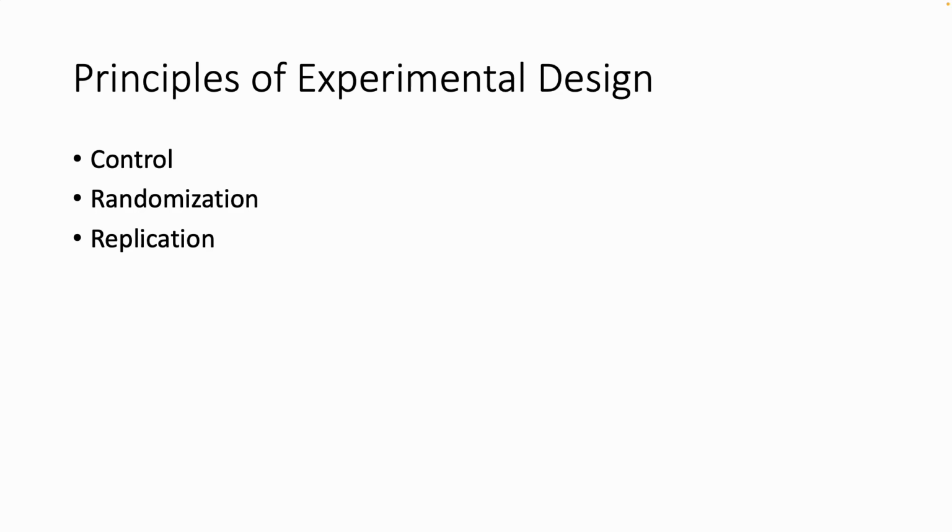You're not always going to be in a situation where you can pick out who's going to be in what group, but a lot of times with randomization, we're trying to randomize which groups or which individuals or which subjects are in that control group and which ones are not in that. And then another idea of this is we want to try to maintain a level of replication in the design